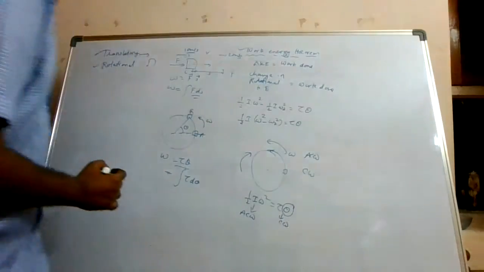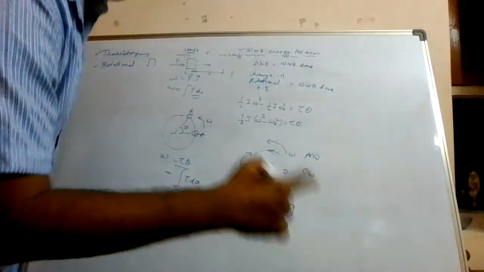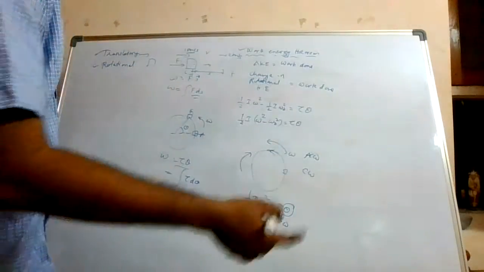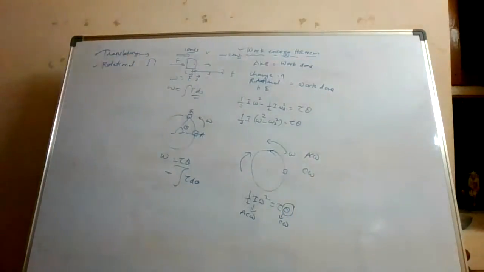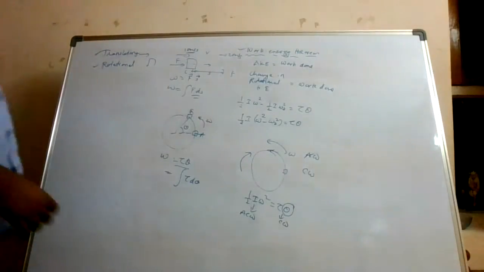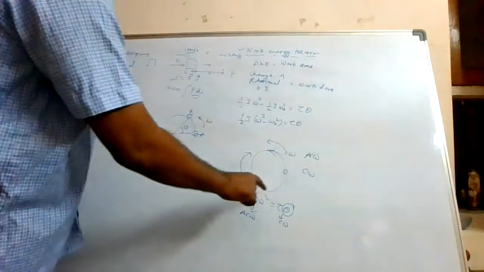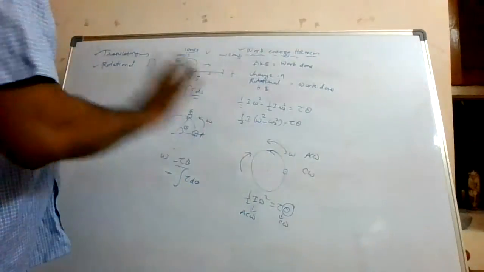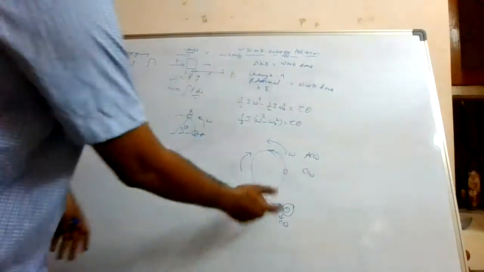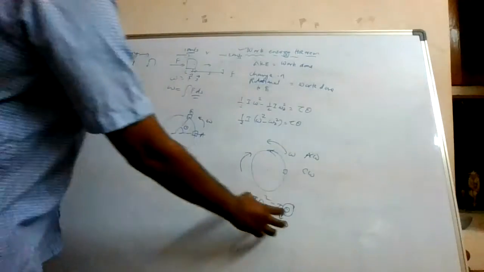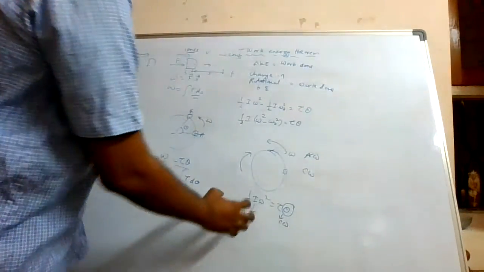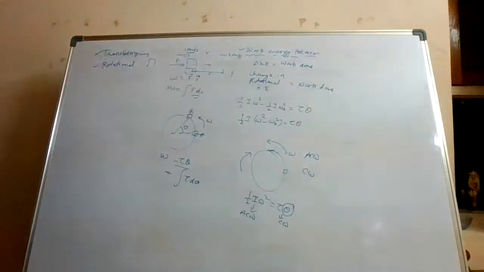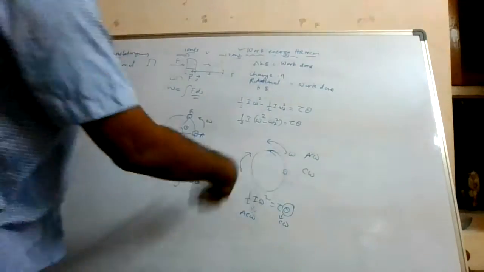So what is this theta? Theta is the number of rotations it underwent before coming to rest. It's an important concept. Many times it is asked, what is theta? Theta here is the number of rotations it took to come to rest, because both are balancing, no? So this is half I omega square, some 100 joules, let us say. So 100 joules of reverse energy has to be applied.